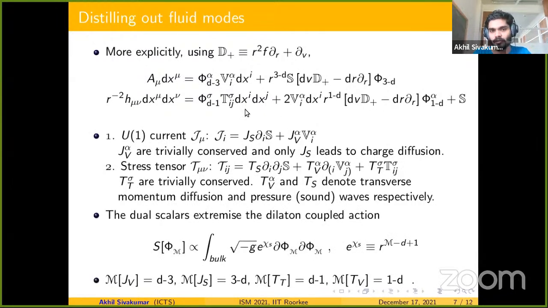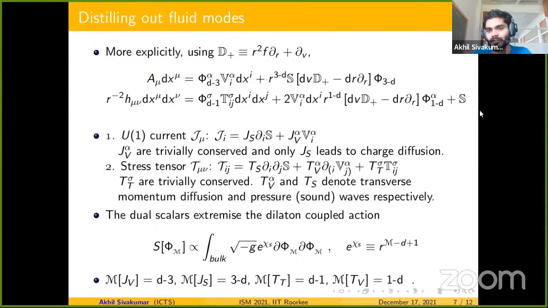And the cute fact about at least these four sectors explicitly written here, as I have suppressed the details on the scalar sector of the gravitons, is that all these scalars satisfy equations of motion which extremize a simple one parameter action like this, which is a dilaton deformed Klein-Gordon action with a simple index M, which we call the Markovian index for obvious reasons. And then these M's can be mapped to each of these sectors I have explicitly written by this identification.